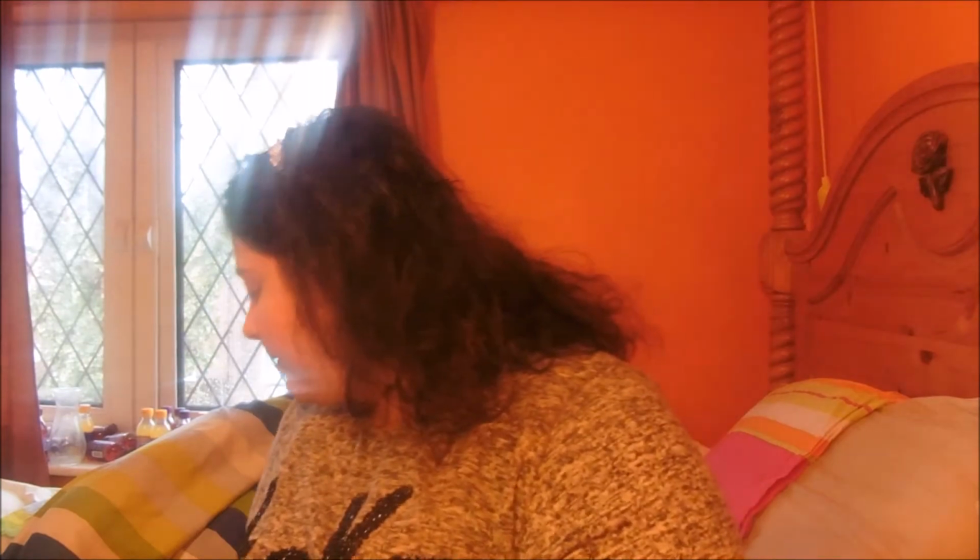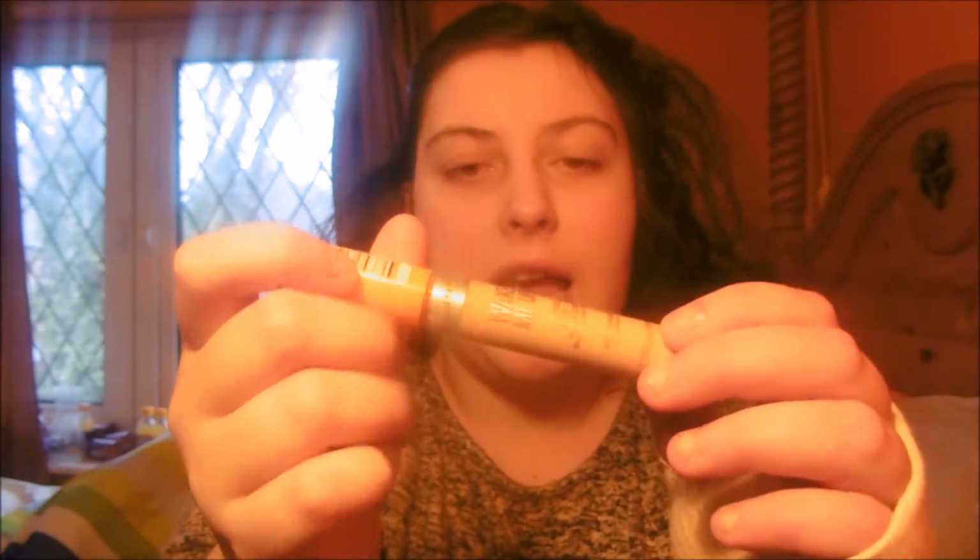So we are skipping foundation, but after your foundation you will do your concealer. So today's concealer, whatever products I'm using, I'm going to link down below. But this is Rimmel Wake Me Up concealer and it's like a beige colour. It's in 040 soft beige, and what I like to do is, because I don't really have spots, well I kind of do, but they're not bad, I just